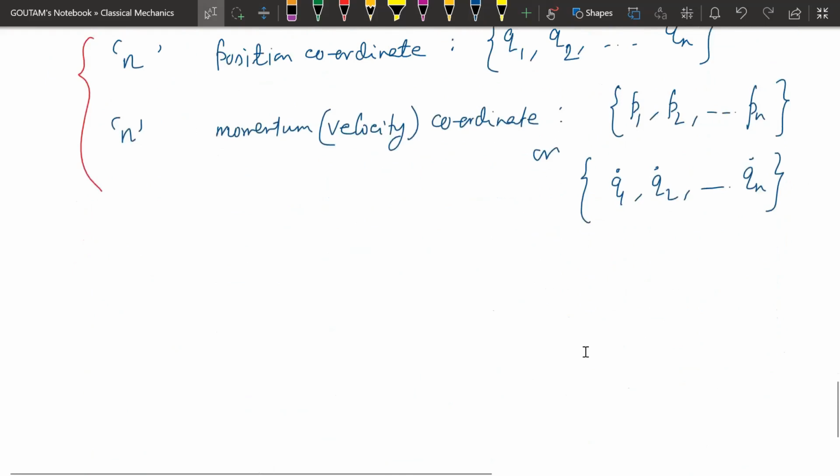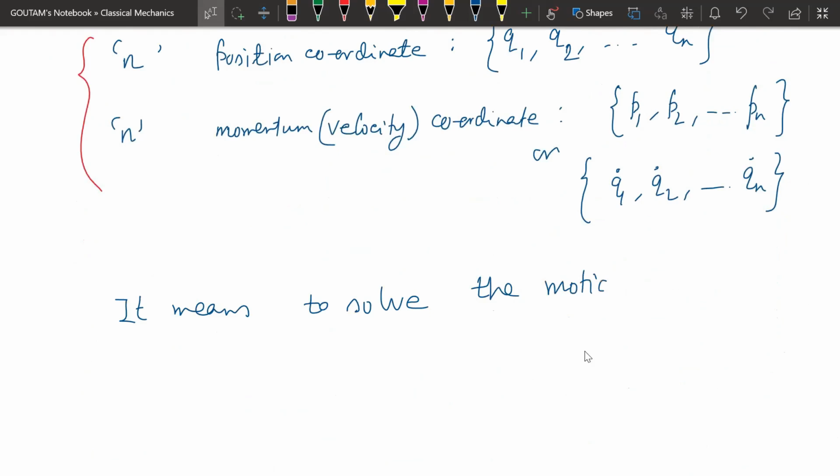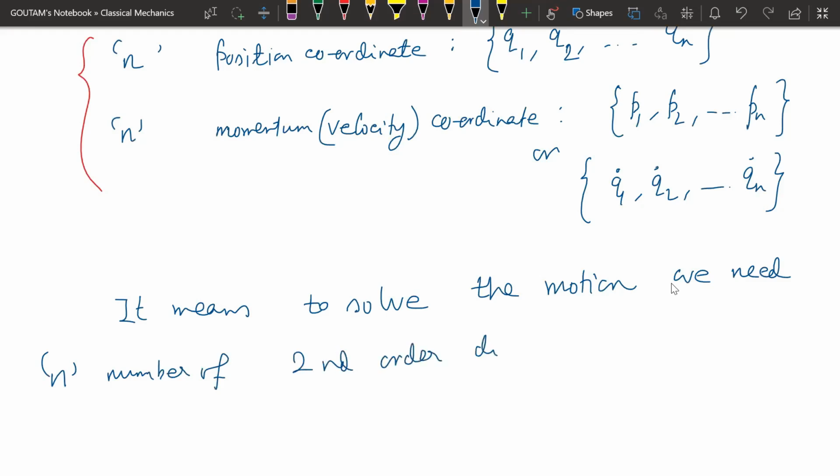So it means to solve the motion, we need n second order differential equations